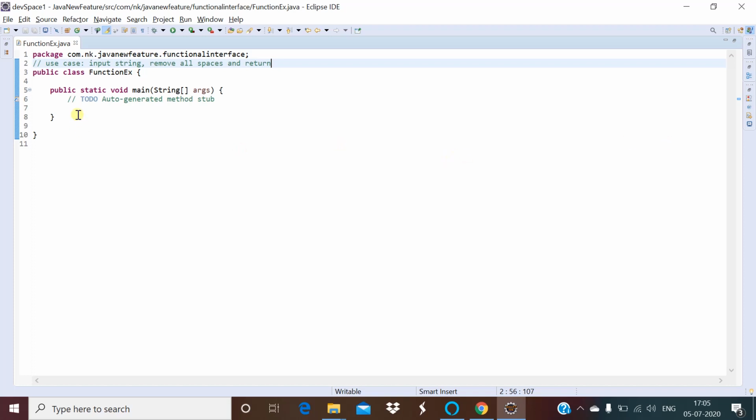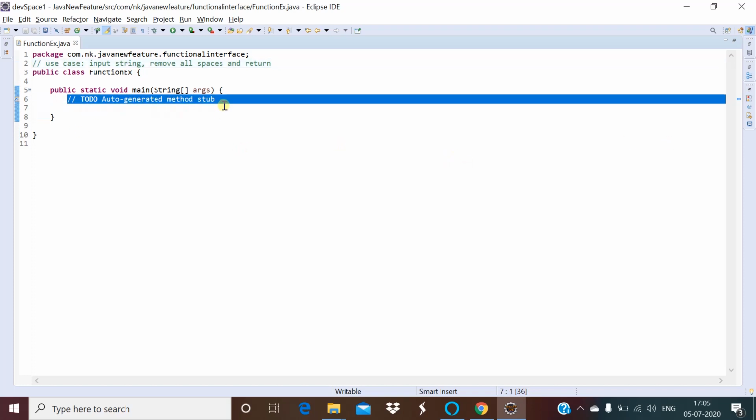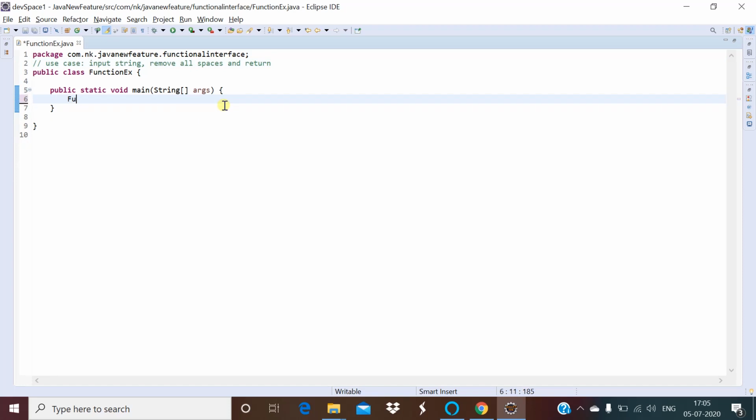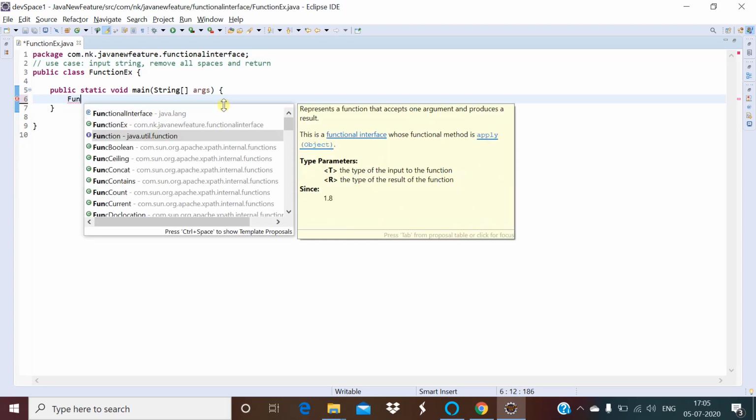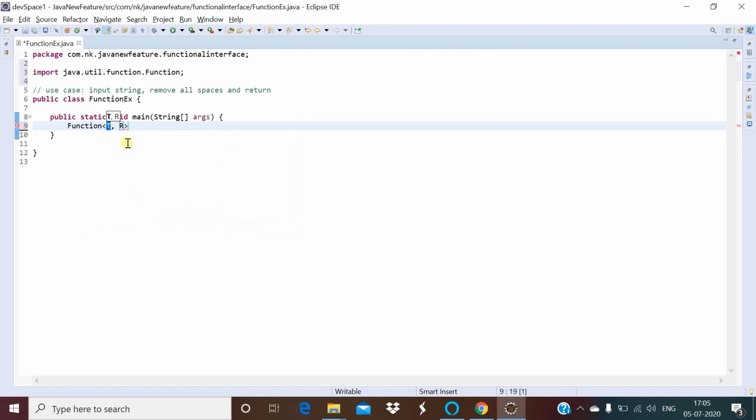Let me show the source code of this. This is Function, and it is inside the java.util.function package. Now you can see T and R. Basically it takes one input parameter and has one return type.